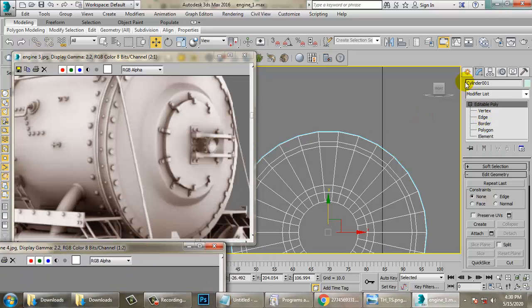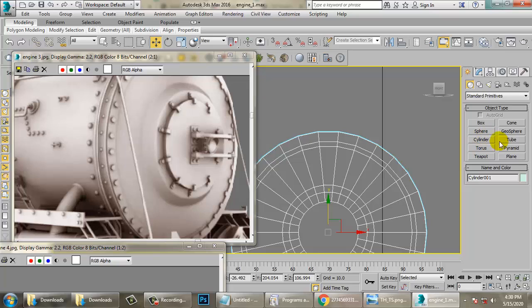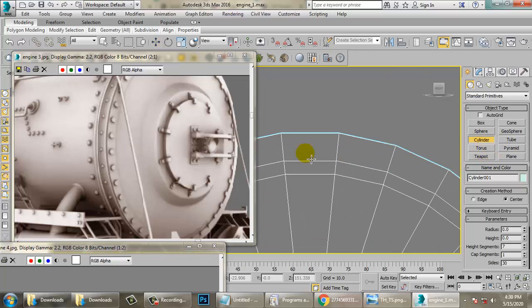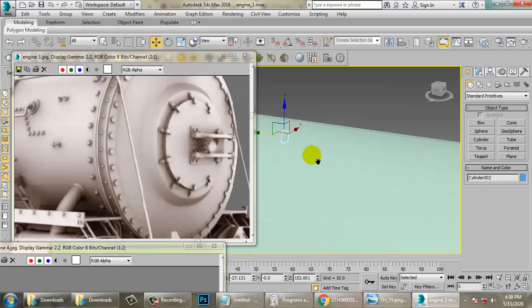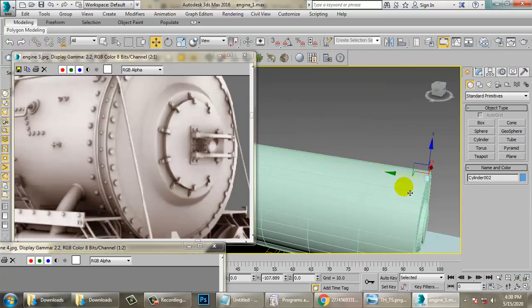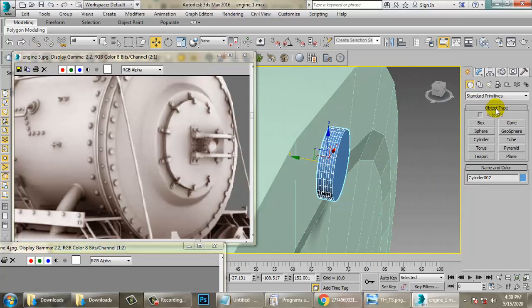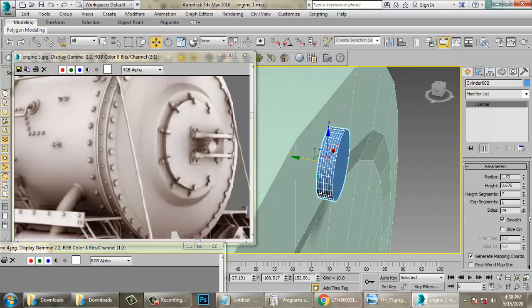Let's take a cylinder over here, and I'm not going to take an accurate cylinder. I'll reduce its sides.